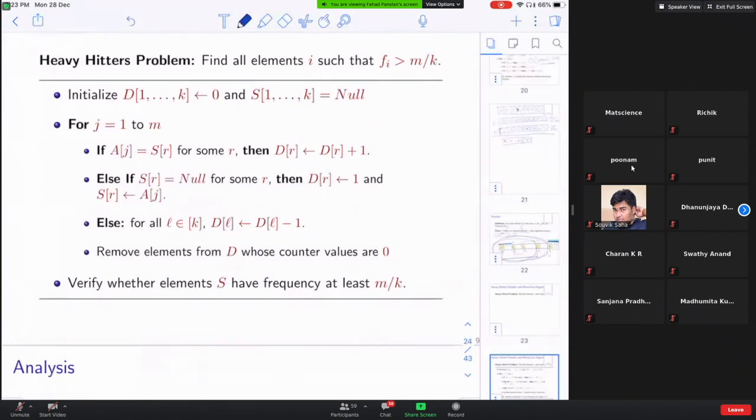And it is similar to what we did before. Whenever an element comes, when you parse from left to right, from j equal to 1 to m, if there is a counter free, which is not used, or its value is 0, then you say, okay, this could be a candidate for me, and I will use that counter for that particular element when it appears, and store it in S. So for j going from 1 to m, if a of j equal to S of r for some r,